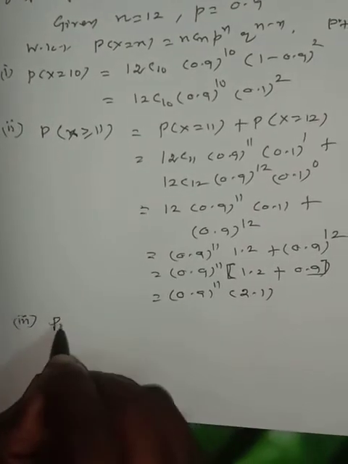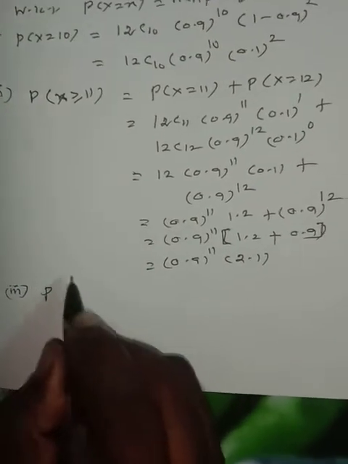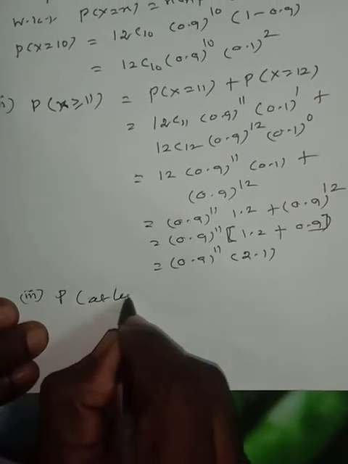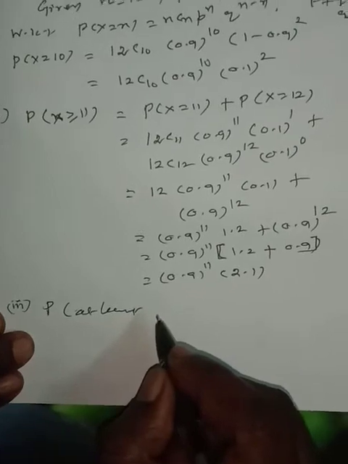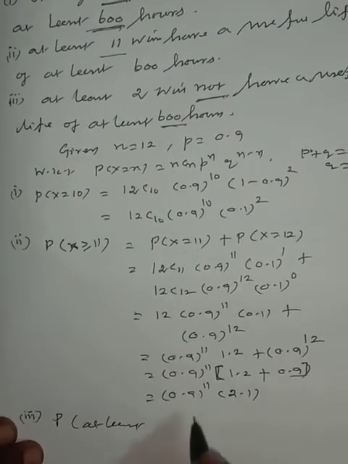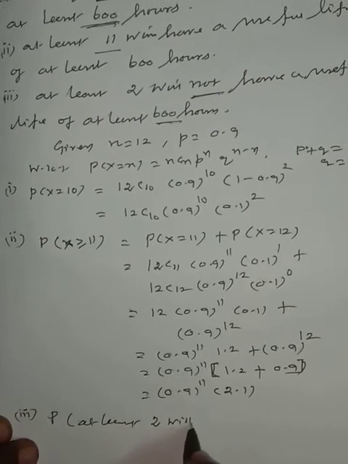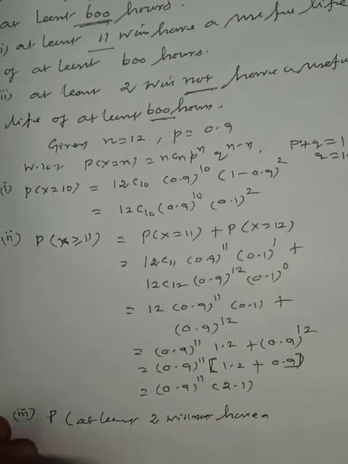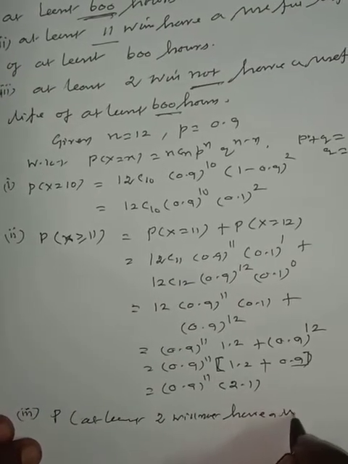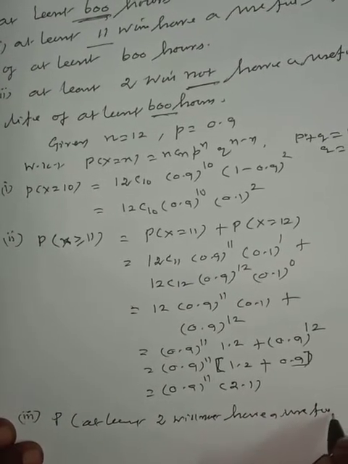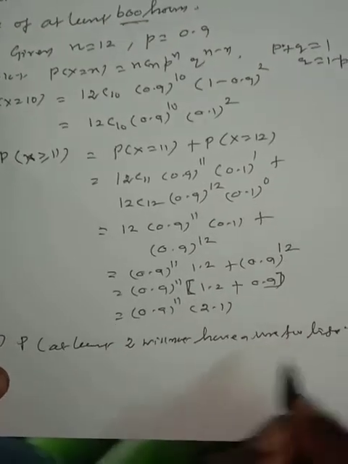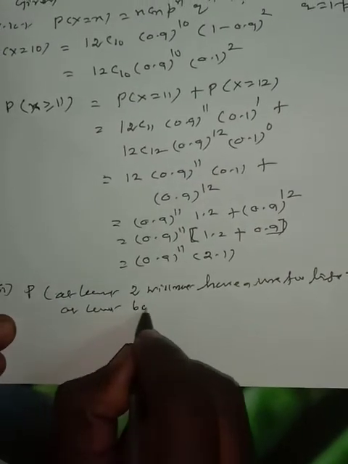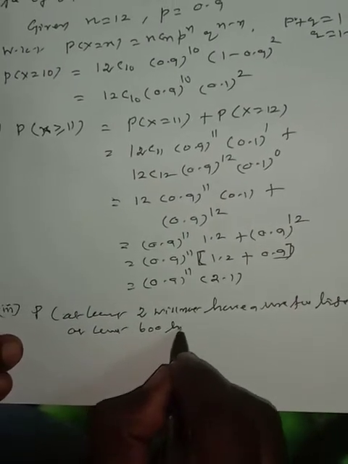Therefore, probability that at least 2 will not have a useful life of at least 600 hours